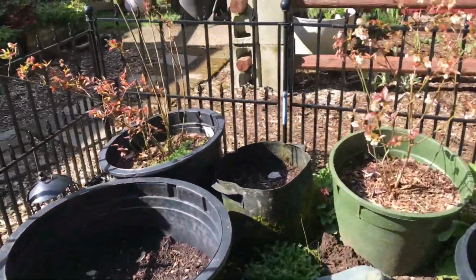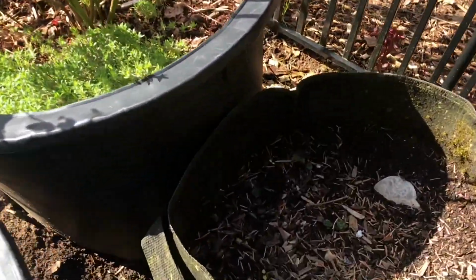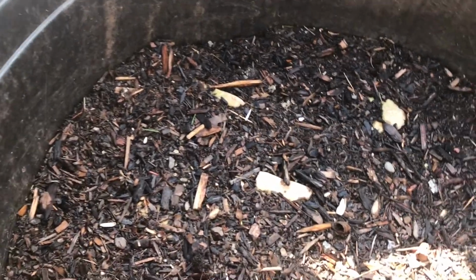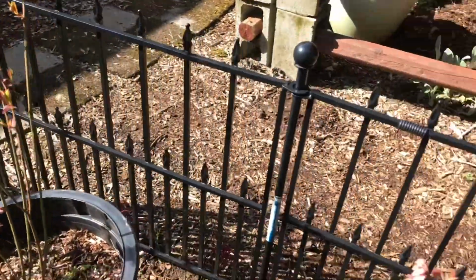Alright, and then we have potato plants in here. Let's see if I can get them. There's one right there. There's one right there. We've got some in here. I'm seeing potato slips, but I'm not seeing potatoes. Why is it not covered? I don't know. Okay. This area has a lot of birds. I think they kind of scratch around in there. Anyway,